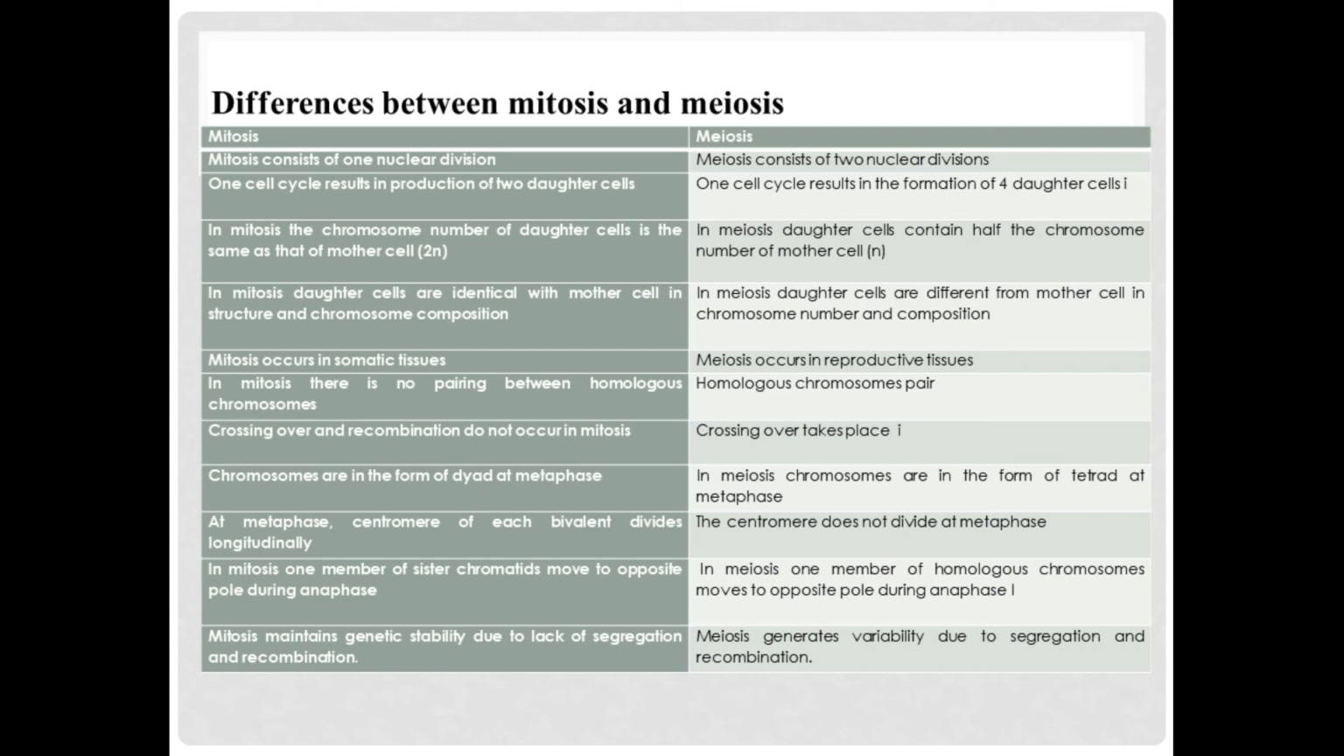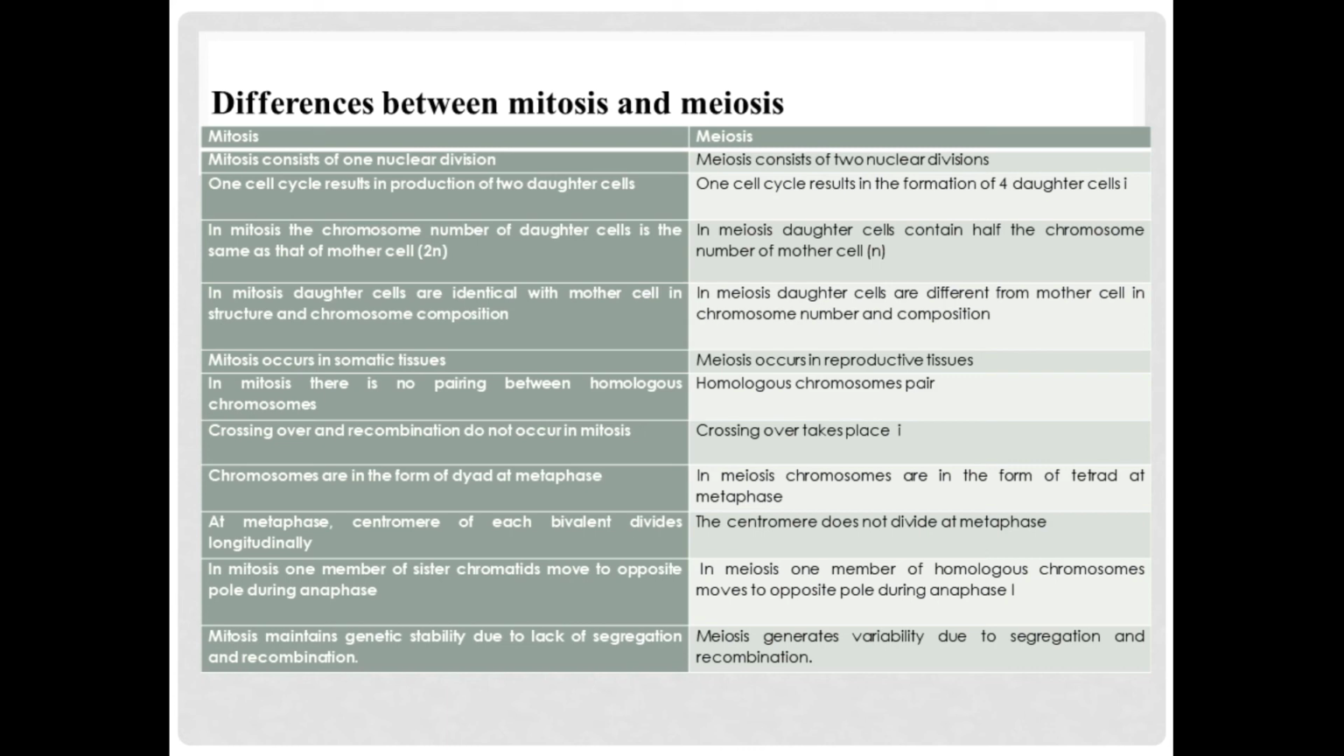Mitosis occurs in somatic cells, whilst meiosis occurs in reproductive tissues. In mitosis, there is no pairing between homologous chromosomes, whilst in meiosis, homologous chromosomes pair. In mitosis, crossing over and recombination do not occur, whilst in meiosis, crossing over takes place. In mitosis, chromosomes are in the form of dyad at metaphase, whilst in meiosis, chromosomes are in the form of